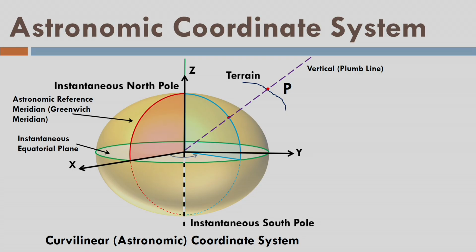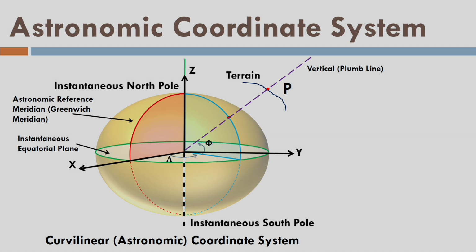Well, let us see, there is a point here, and this is a kind of a terrestrial meridian that we call astronomic meridian of the observer. Okay, what about this angle which is between the reference meridian and the astronomic meridian of the observer? This angle is called capital lambda or astronomic longitude. Again, this angle is called astronomic latitude, which is between the equator and the vertical line passing through the point P. Again, both are terrestrial in nature.